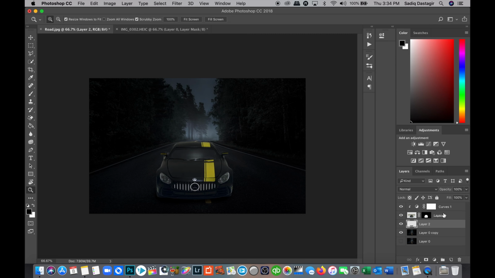Now what I'm going to do here is select the shadow layer, the car layer, and the curve layer, and simply press Command G or Control G and create a group. I want all of them in one group. Here we go. So that becomes part of one group. We'll select this layer behind, and we'll use the filter tool.